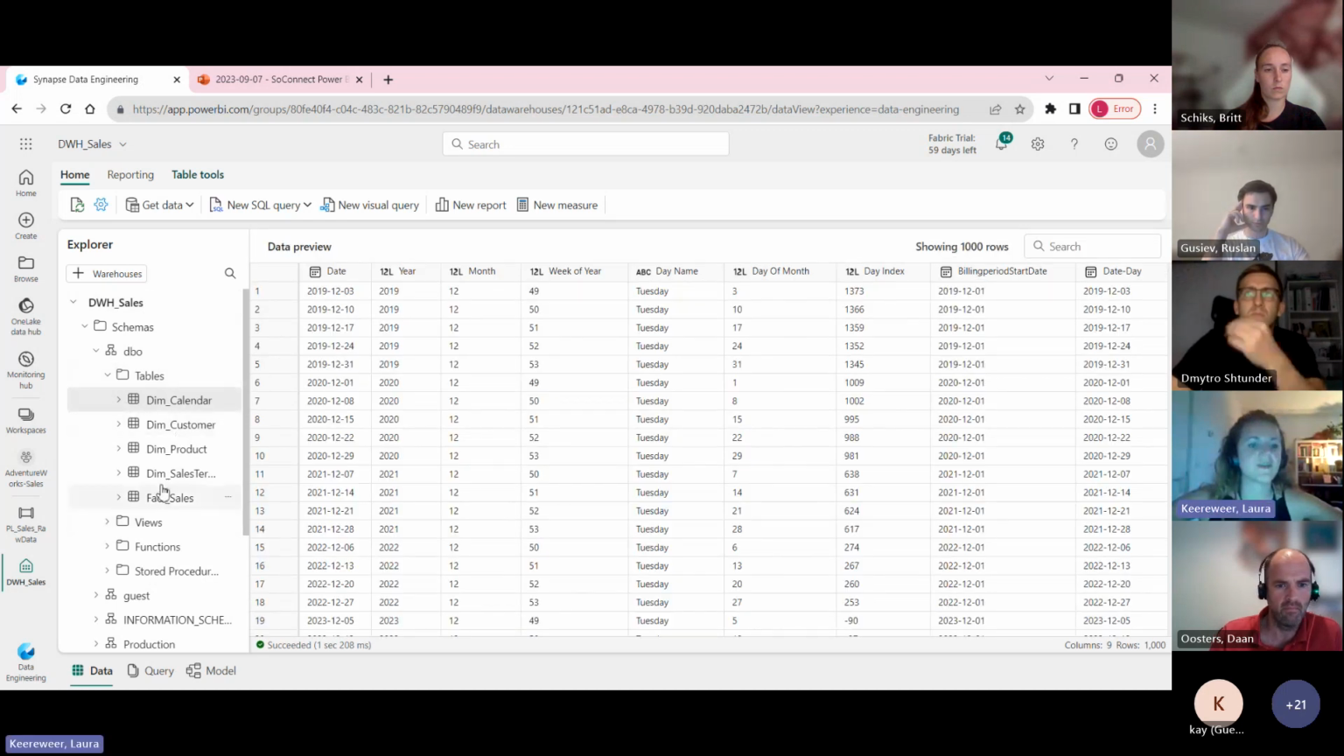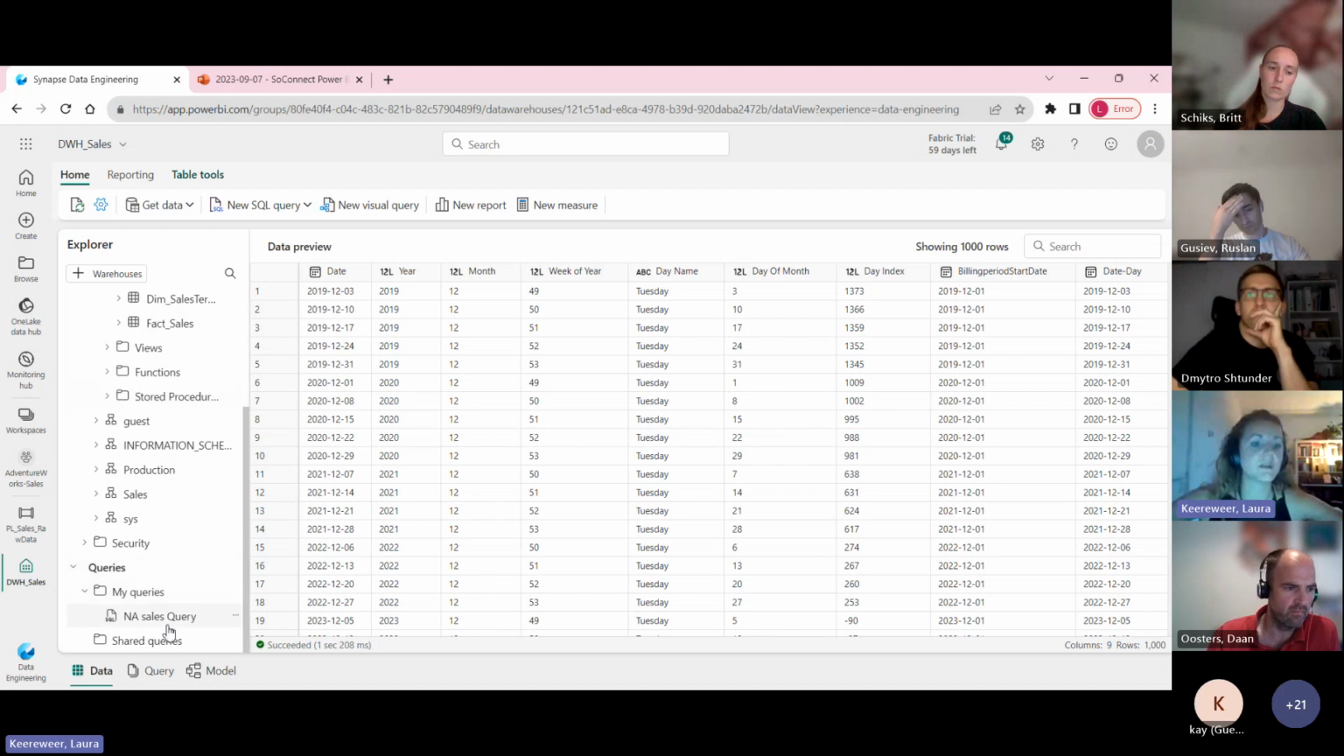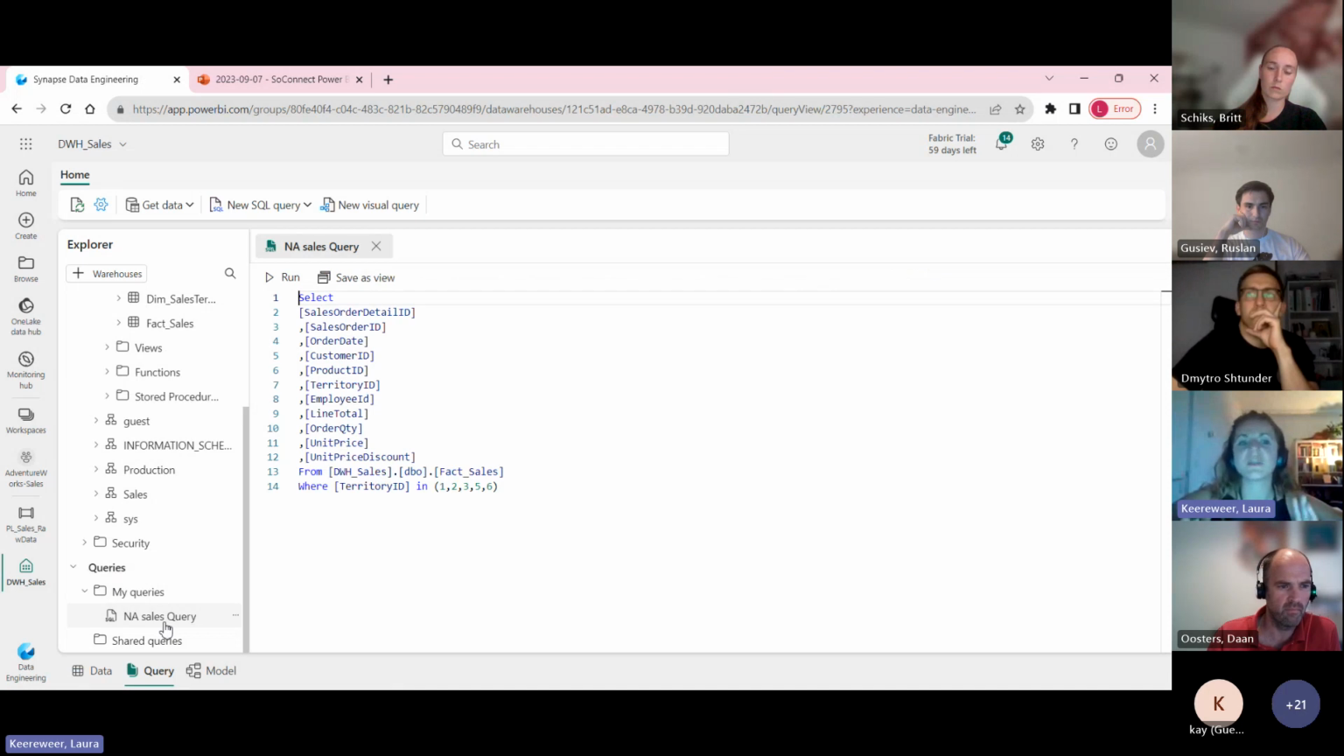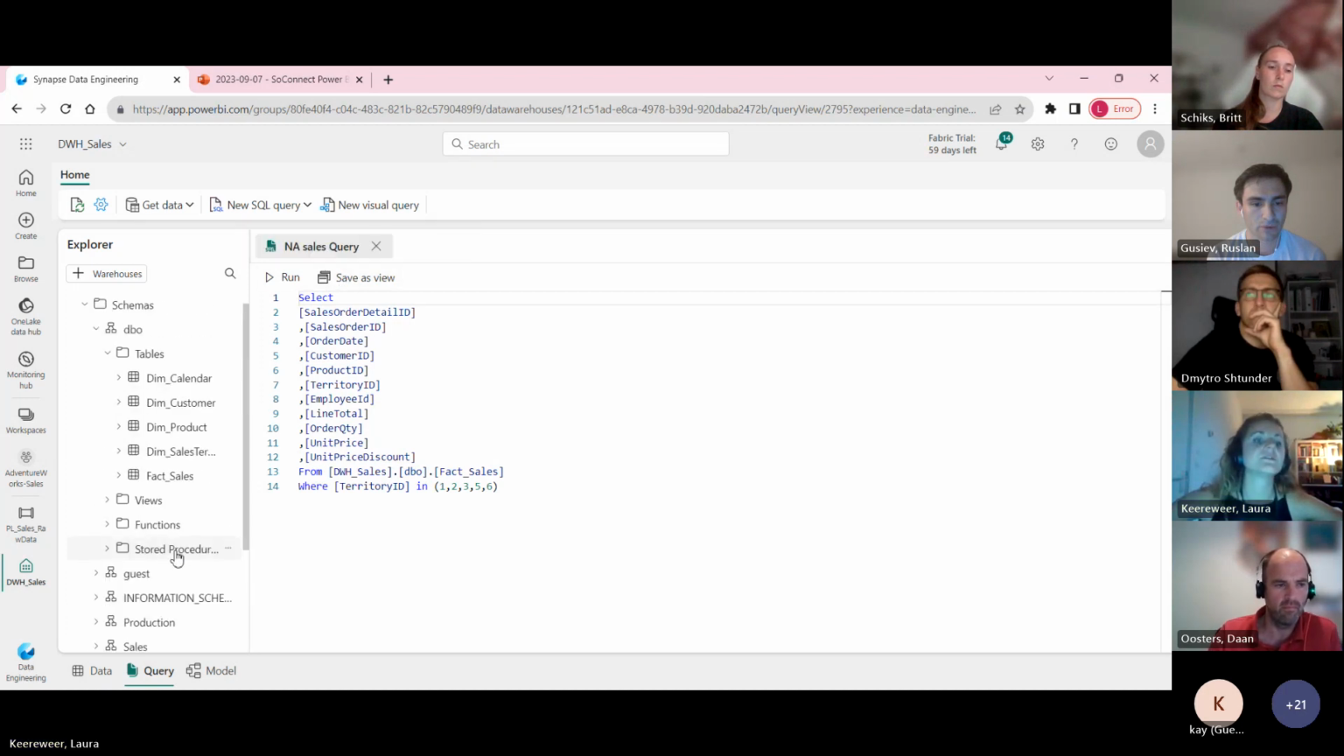So I have over here my dimensions. Again, I can model this. I can add some docs. I can do a lot of stuff with it. I can also create a view, for instance. So let's say I'm creating a sales data set for my North American salespeople, and I actually just want them to see my North American sales. So I just created a view, and I can save that view to be used